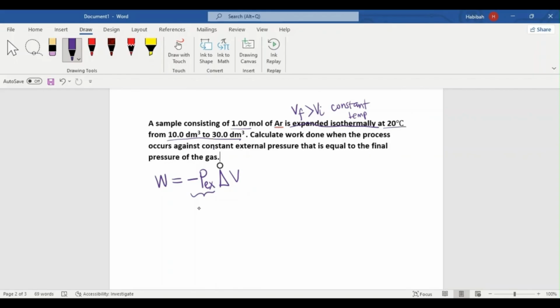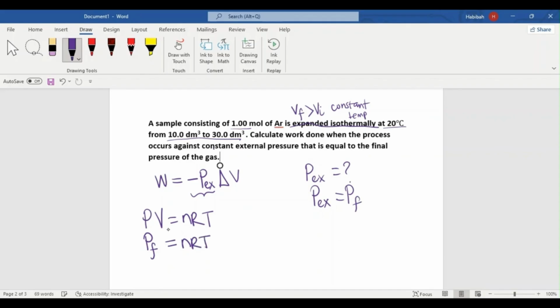Right now, let's just talk about pressure. The question says against constant external pressure that is equal to the final pressure of the gas. If you've noticed, they did not give us what the external pressure value is. They just told us that P external is the same thing as P final. So the final pressure and the external pressure are going to be the same thing. Now, since we're assuming this is a perfect gas, we're going to use the very important formula, which is PV equals nRT. And in this case, we're going to be solving for P final. So P final equals